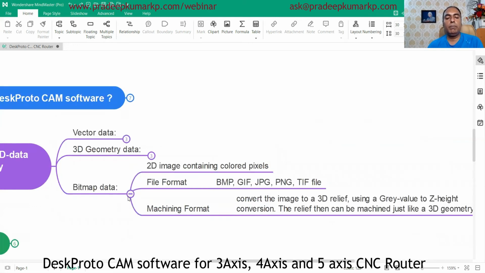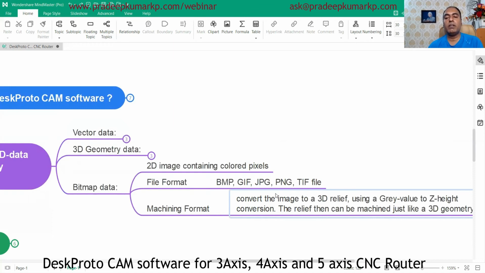Then in bitmap machining, you have to give a bitmap image, no? That is a 2D image containing colored pixels. If you take a colored image, the formats you can give are BMP, GIF, JPG, PNG, TIFF, like that. What happens is that whatever image you are giving will be converted to a 3D relief, okay?